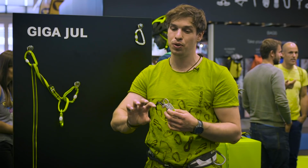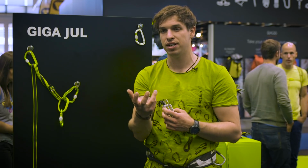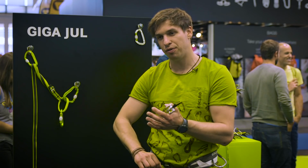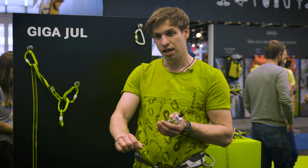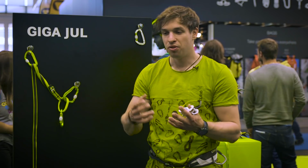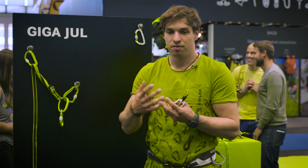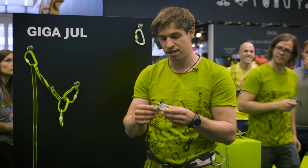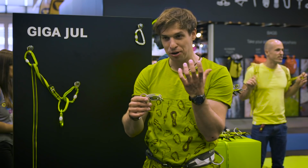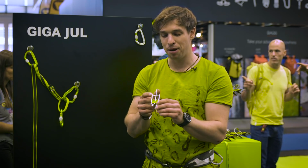For example, when you would rappel, you had the possibility to also reverse the device and rappel in a tube mode. But then, for example, if you want to get closer to the belay to remove your carabiner, it would lock. Those were situations where a tube device would be just better in handling than this assisted braking device. And so we thought about how can we somehow merge those two together, and we came up with this